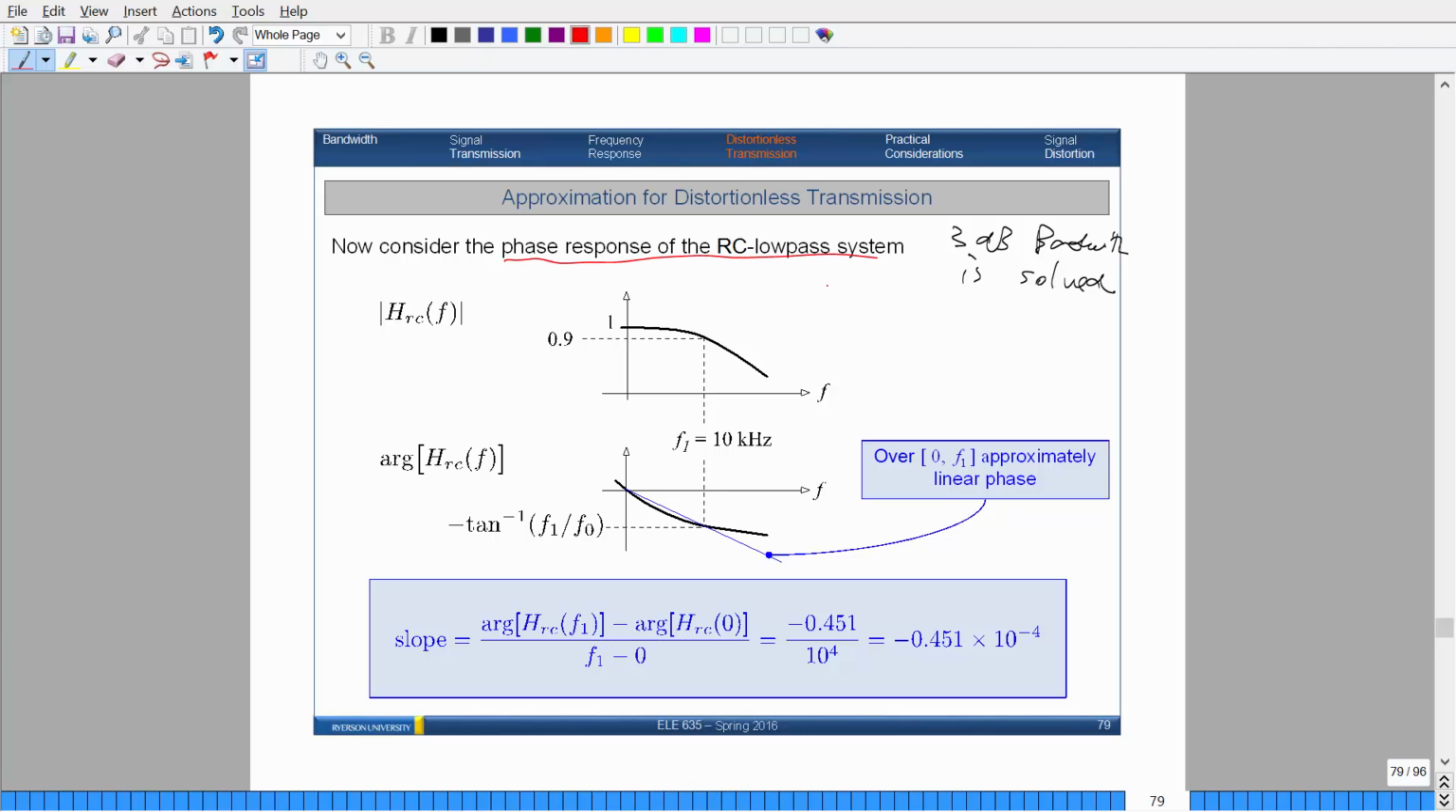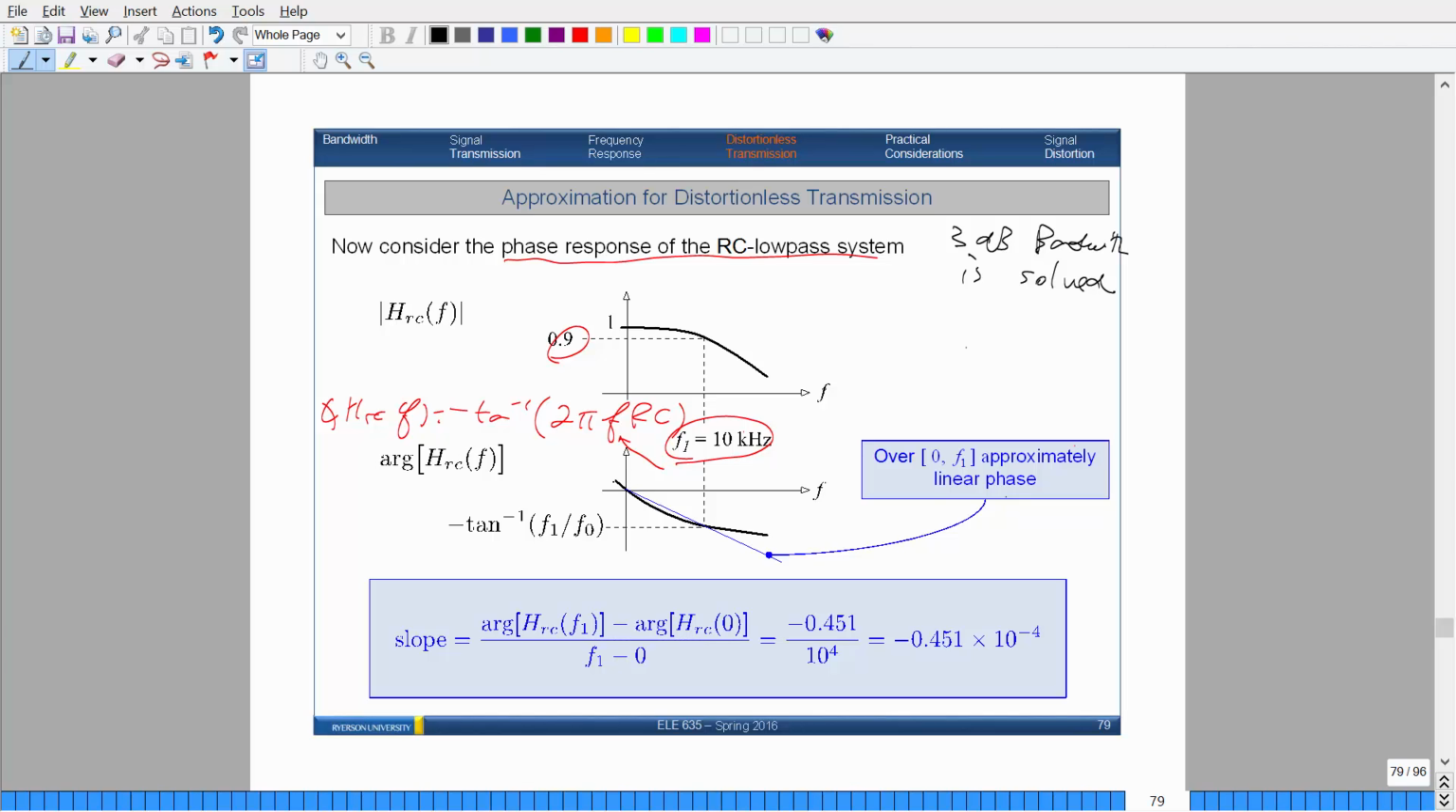So at the desired frequency, 10 kilohertz, where our magnitude drops to 0.9, let's also take a look at the phase. We remember that the phase for this system is equal to minus tan inverse of 2 pi f RC. So at this particular frequency, you substitute f1 into here, and we will get some phase associated with it. So what we can do here is approximate what the